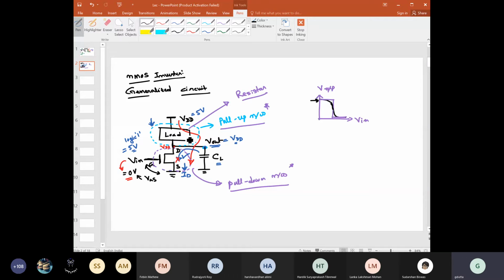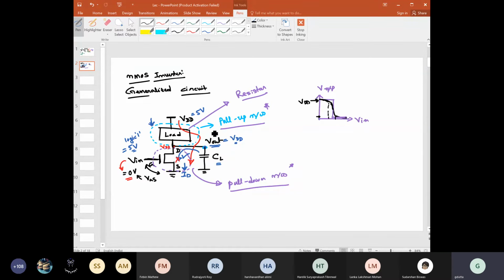Now what will be the value of this voltage? That will depend on how you are configuring it. If you have a resistor, then you will see in the later classes that this voltage will be the same as this VDD. Again, if this is a resistor, then this voltage will never be equal to 0. There will be some finite voltage drop across here, so it will be maybe 0.2, 0.3 volt, the minimum voltage. Where from it will start falling and until what point it will fall also depends on the value of this resistor as well as the transistor parameters, right?